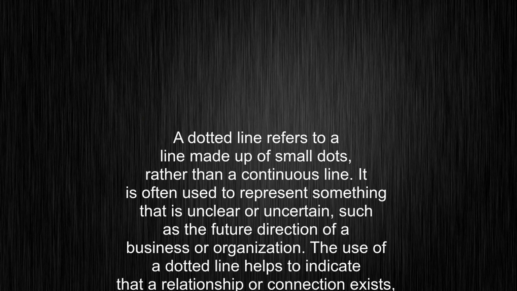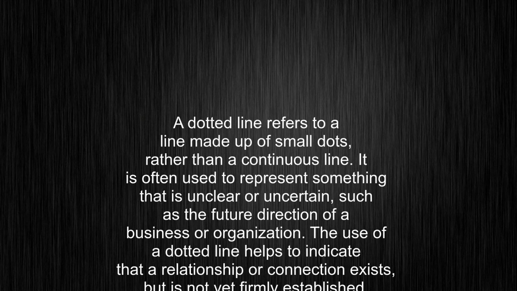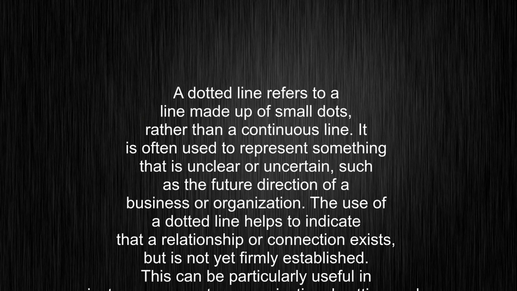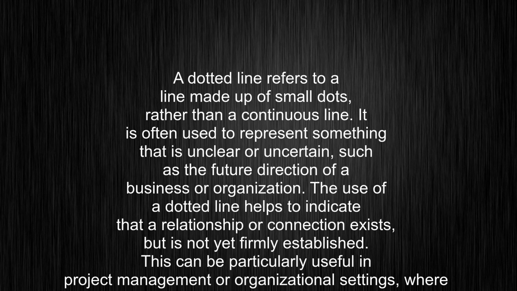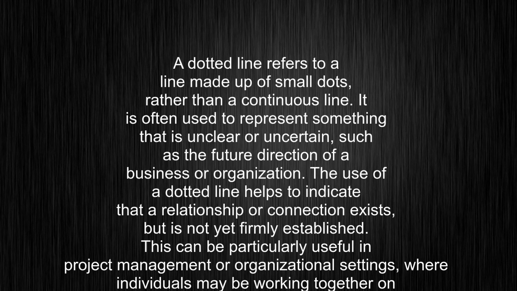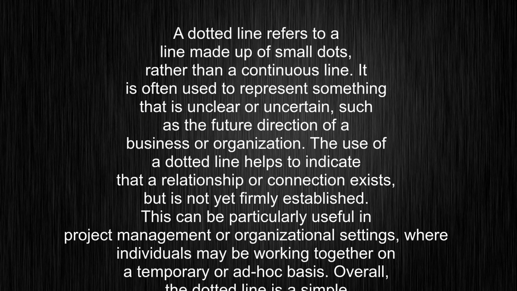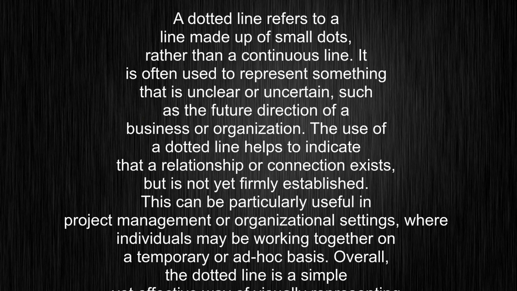A dotted line refers to a line made up of small dots, rather than a continuous line. It is often used to represent something that is unclear or uncertain, such as the future direction of a business or organization. The use of a dotted line helps to indicate that a relationship or connection exists, but is not